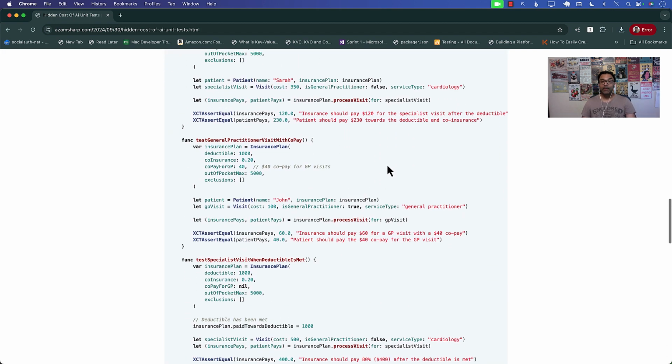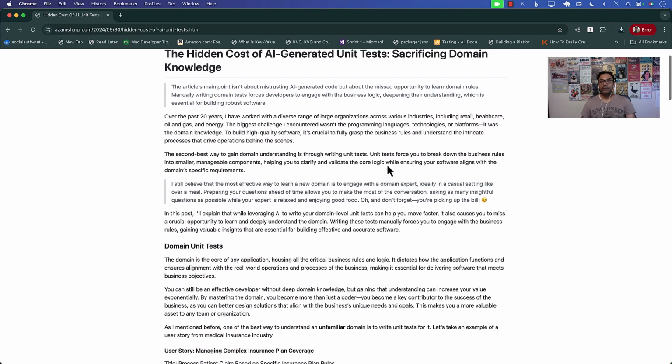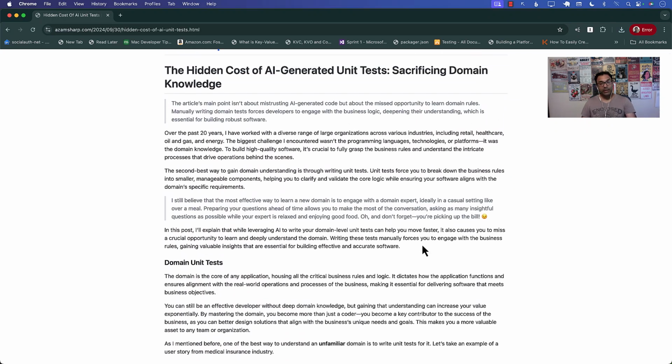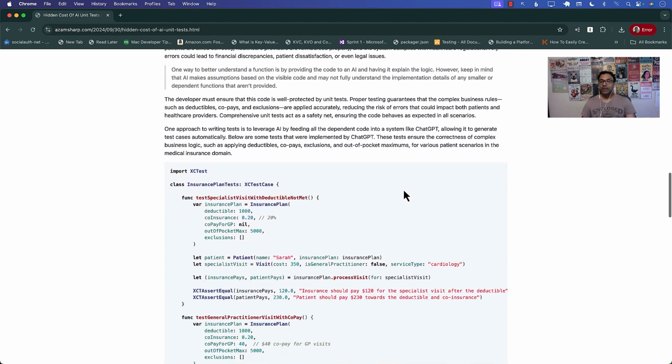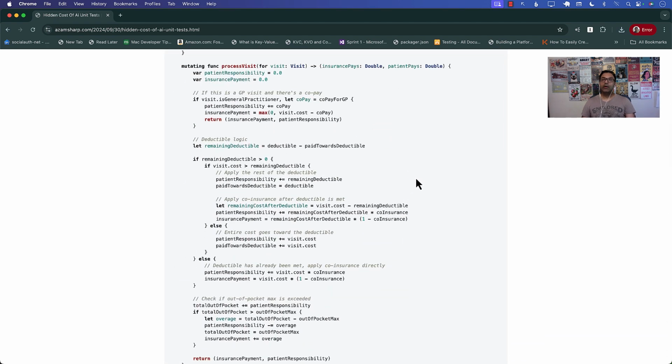So once again, I'm not saying that you cannot use AI for testing. I'm not saying that AI code cannot be trusted. I use AI all the time. I'm just saying that if you are working in a domain that you don't understand, maybe you're from a background of retail development or retail business, and now you are entering into some sort of domain that you don't know, maybe oil and gas, maybe energy,